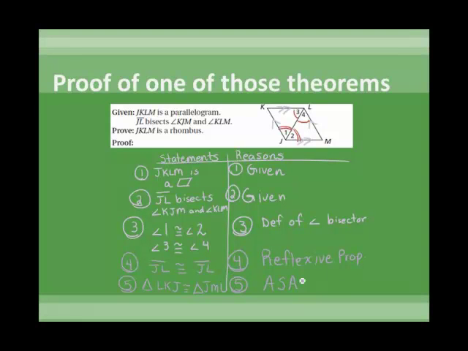So if those triangles are congruent, then I can say we've got sides that are congruent. I'm going to have to go up here for my step 6. I can say that means that JK is congruent to LM, and because we have a pair of parallel and congruent sides, I'm sorry, this is by CPCTC,